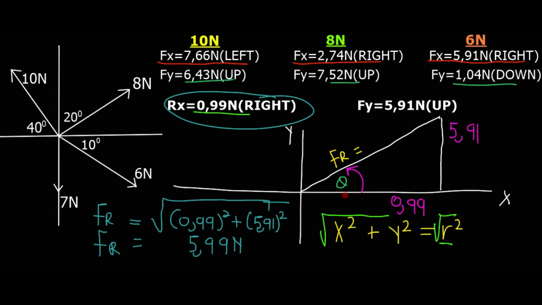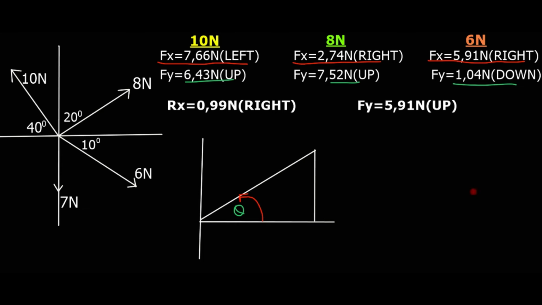So let's see how we are going to do it. And then this one is 0.99, and then this one is 5.91. So from there we want to find out the angle. Remember that the resultant we have already found is 5.99. So from there to find theta it's straightforward. So I can say